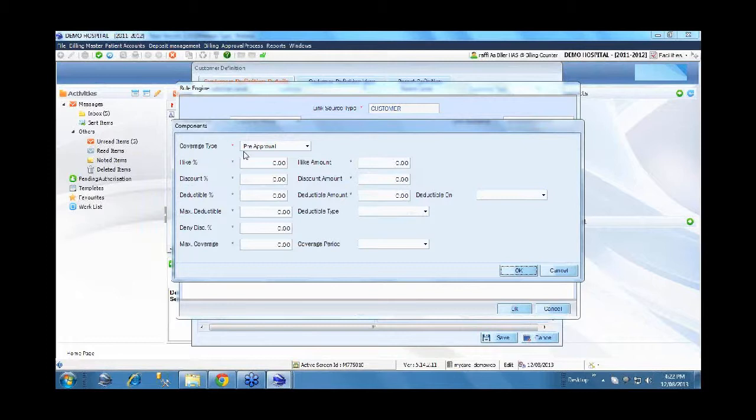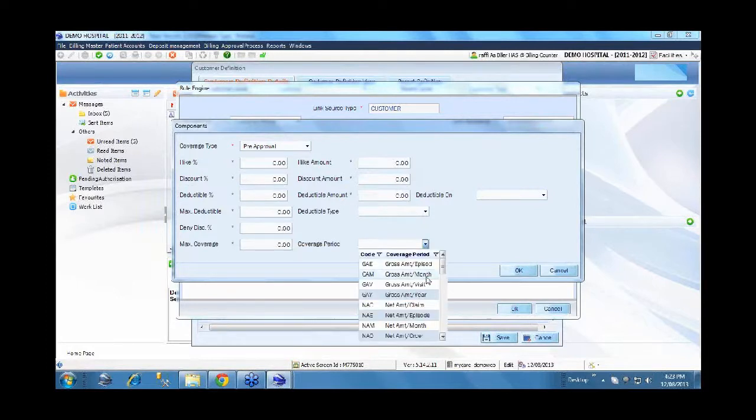We saw the discount percentage. Discount can be specified in terms of amount also. We also looked into the co-payment aspect: deductible, percentage, amount with maximum limit. And also we have something called maximum coverages. This is for when you have a limit specified against an inpatient treatment or outpatient treatment, say for dental, or pregnancy. They say delivery pregnancy is covered, but subject to a cap of say $1,000, $2,000, whatever. And whether the cap is specified per visit, per episode, per claim, per year, for one subscription year, all of those variations we can also capture.